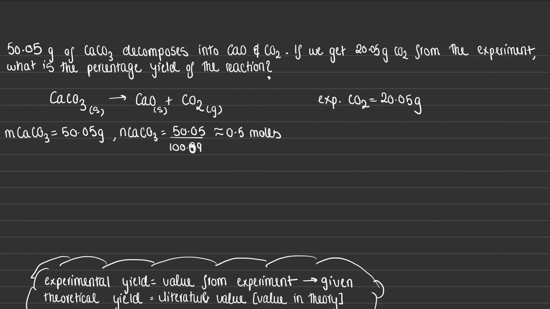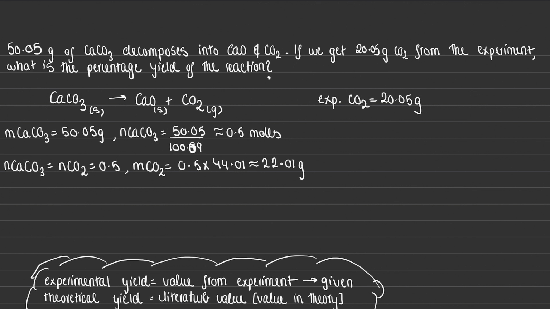So looking from the equation, we know that the number of moles of calcium carbonate is equal to the number of moles of carbon dioxide, which is equal to 0.5. So if we rearrange the equation, we can get that the mass of carbon dioxide would be equal to the number of moles times its molar mass, which is 44.01,